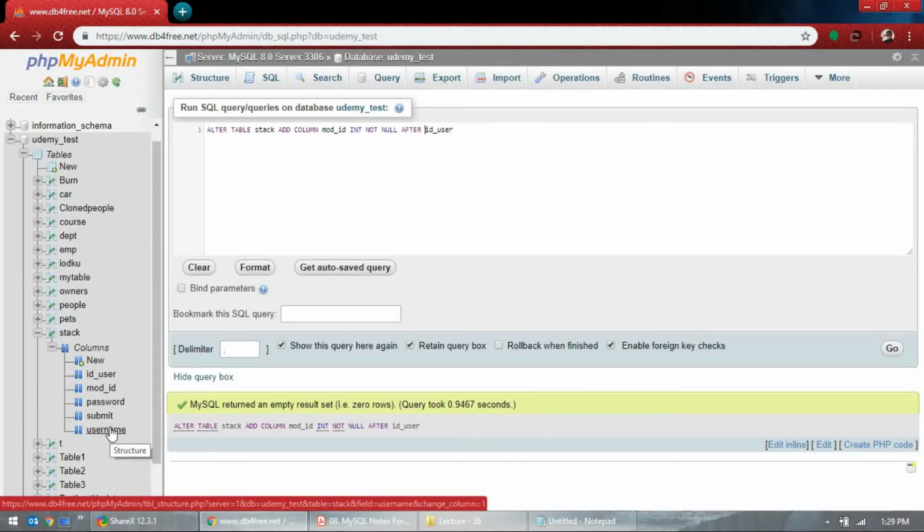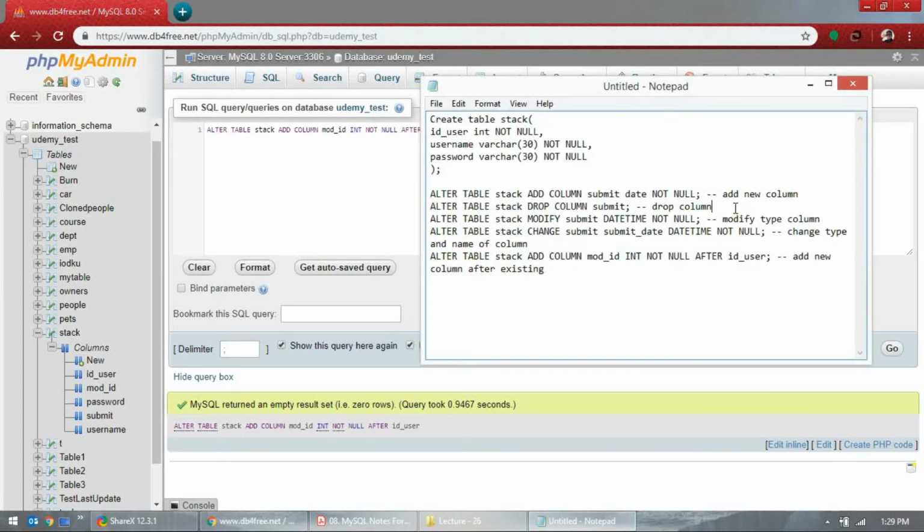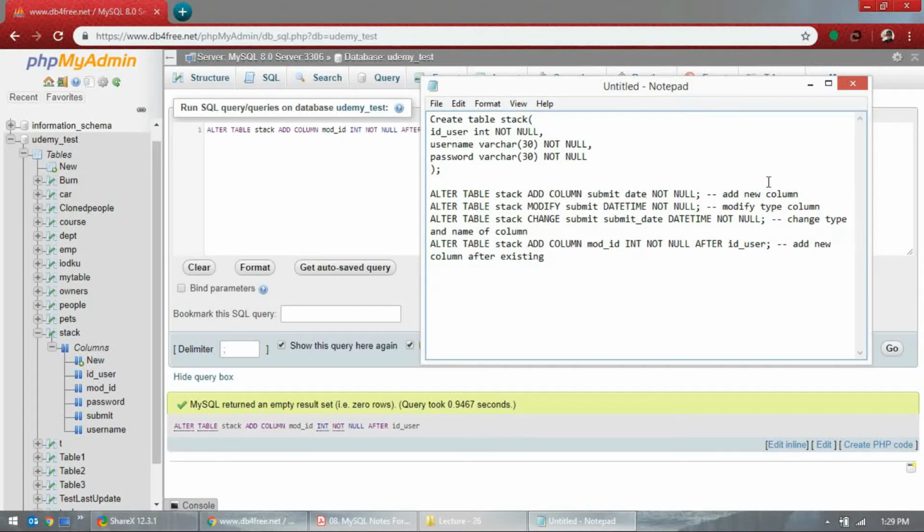You can alter this. If you want, you can drop this and put it second, third, however you want. It's not actually required, because you can handle that in select. Whenever you select, instead of using select star, you can list the columns you want to show up first. So this is not that important, but still good to know. Okay, so don't do this one, because if you do that, it will not help you run these other queries.